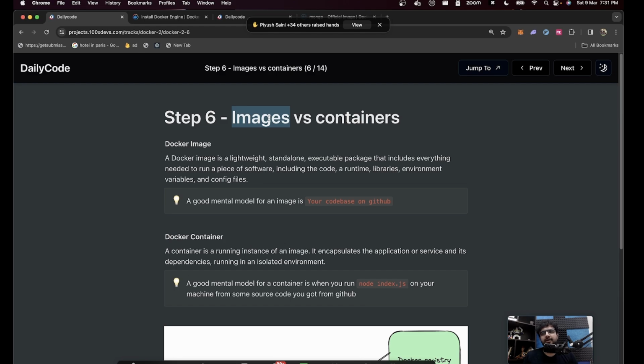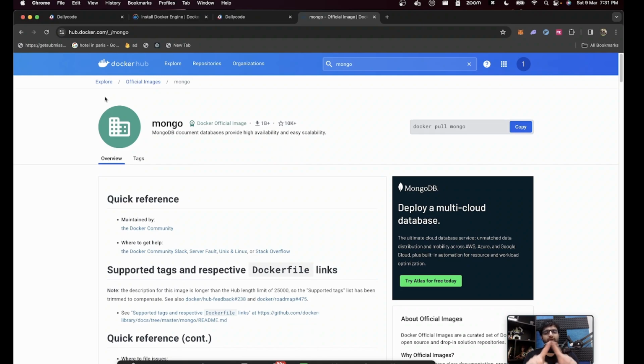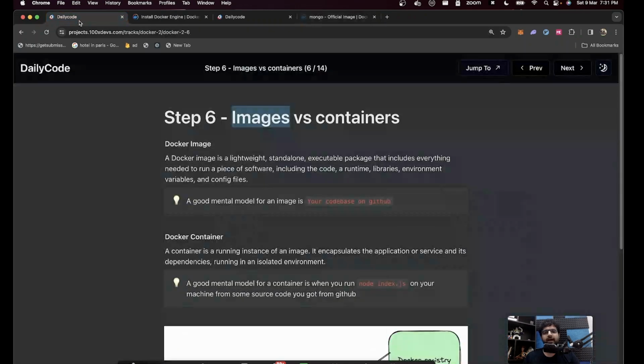Okay, they are not just your code base, similar to what's present on GitHub. This Mongo image is a lot of things on top. It has a bunch of libraries that MongoDB needs. It has a bunch of libraries, dependencies, environment variables, and config files, and your actual source code. It has more than just your source code packaged together, similar to when your friend gives you a pen drive with Ubuntu in it. It has 10 different things that let you see the GUI of Ubuntu and create files, and so on and so forth.